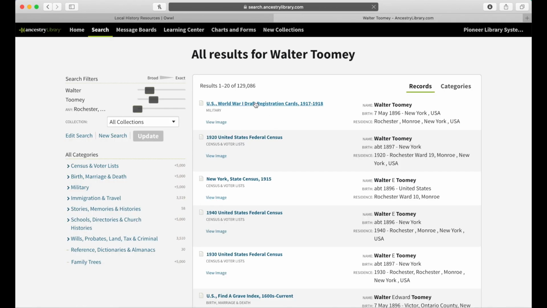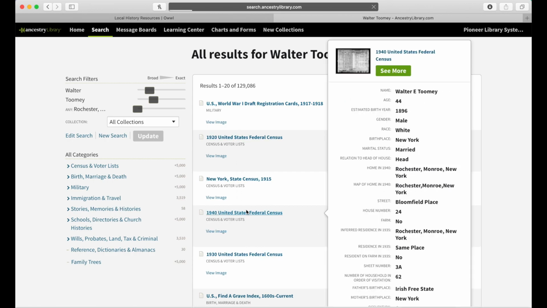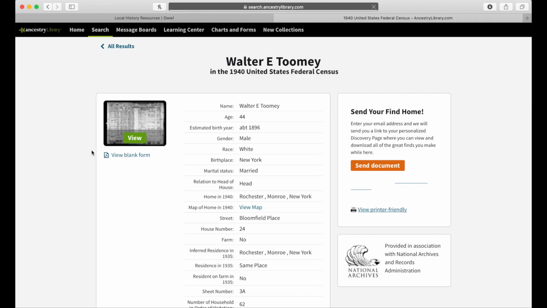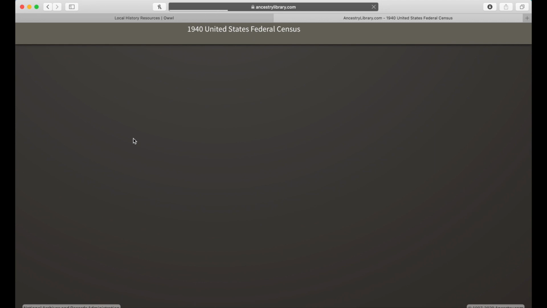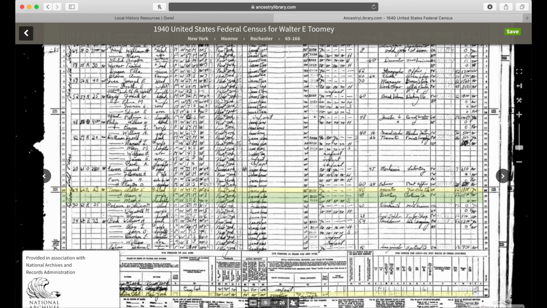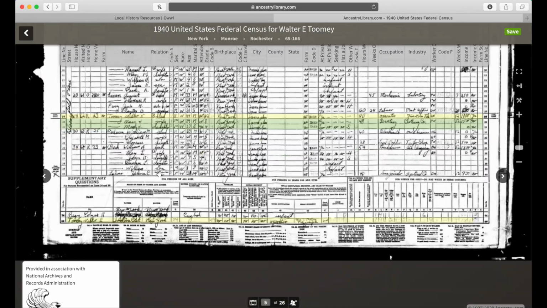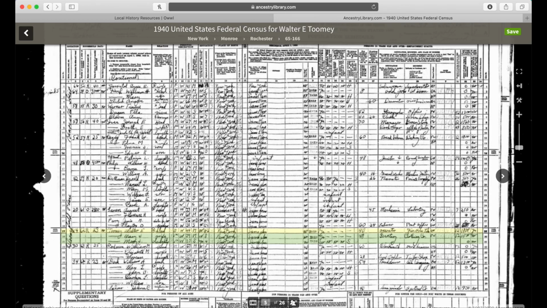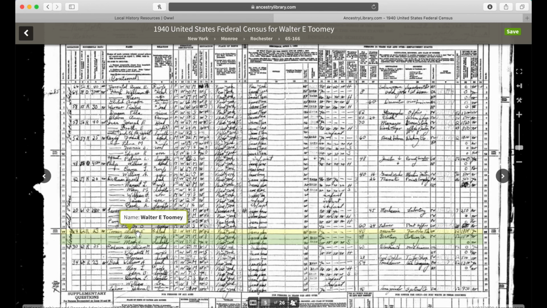Once you're in here, I'm going back to records, you can just click on any of them and see what they have to say. And some of them will say they have an image, which you can take a look at and understand this is from 1940, so it may not be the clearest. We'll see. Yeah, it's all handwritten, but there's the image, and Ancestry has highlighted for you where Walter Toomey is. So there's that, and we can just hit the back button